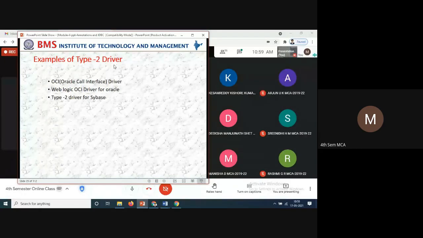So this is the driver required when you are using these connections. Oracle call interface drivers, WebLogic OCI driver. OCI is nothing but the Oracle call interface. Type 2 is also the driver for Sybase. So one company may be using one database. For that particular database, we need to install whatever drivers are required.